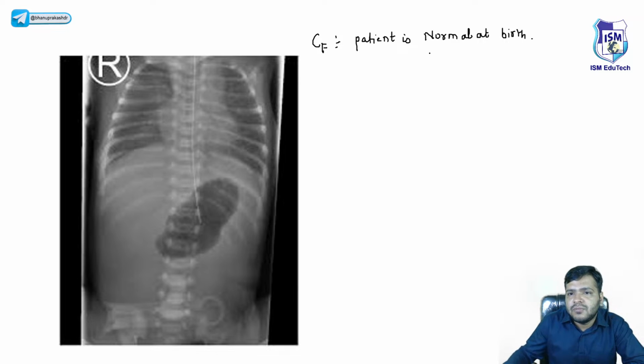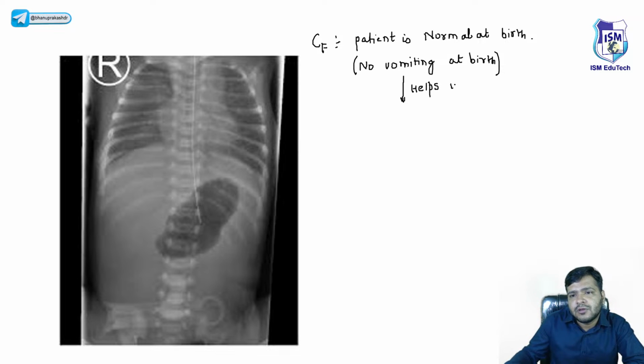It is normal at birth. It clearly means that there is no vomiting. अगर खाना आगे पास नहीं हो रहा है तो obviously vomiting is one of the symptoms that we will encounter first, but actually it is normal at birth. There is no vomiting at birth. Now no vomiting at birth helps us in differentiating